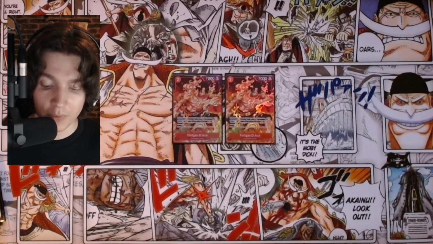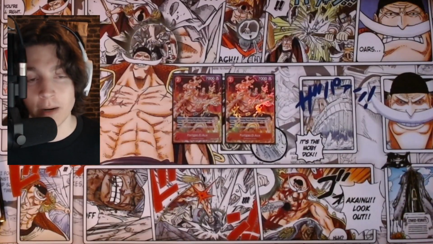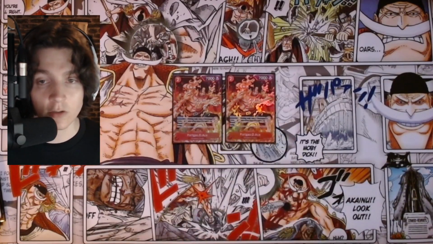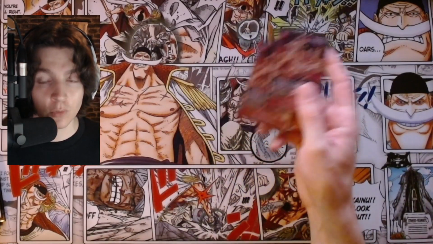But yeah, on play, give up to 2 of your opponent's characters minus 3000 power during this turn. Then if your leader has the Whitebeard Pirates trait, it gains Rush. So this with your leader can give something minus 5k, and then you can swing into it with your leader, or with this, really good, or just use this, swing into their board, or reduce their blockers, swing into life